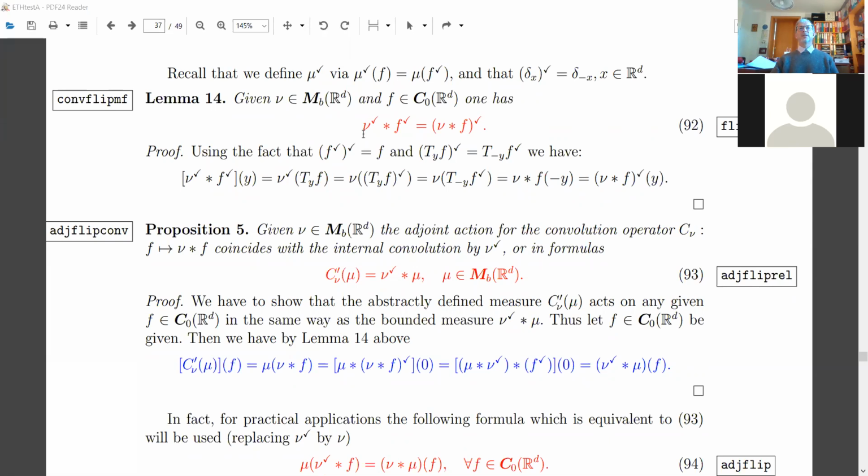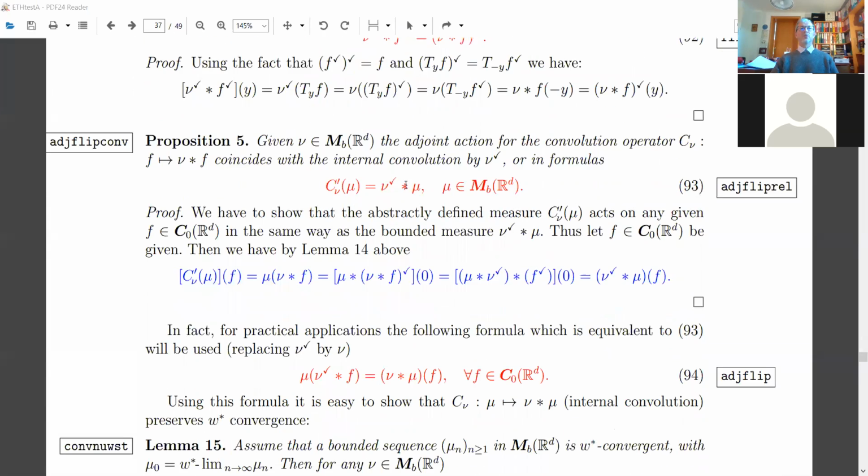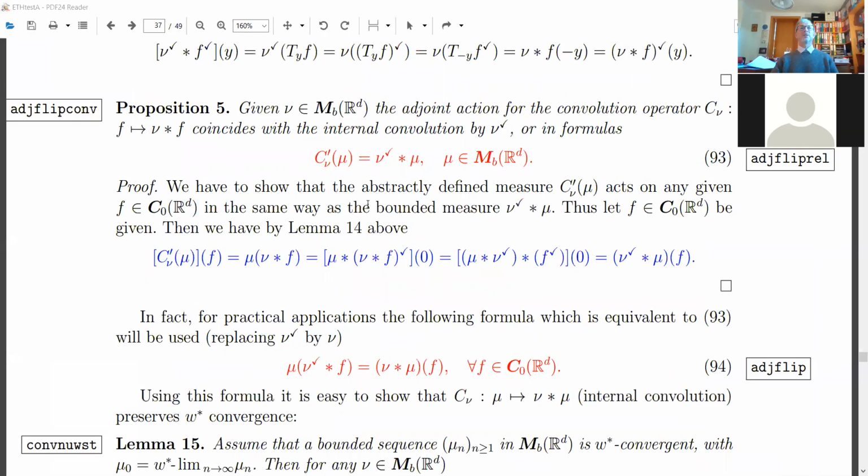Here we are showing that if you introduce new flip on measures and f flip on functions, of course you can also convolve a function f with a measure and then flip the result. Maybe one should argue that in non-commutative groups the flip changes the order, but we are on a commutative group, R^d is commutative. So we can use this formula, and that's more or less what we need, plus our translation formula. So I think for now it's very important to go very slowly through this argument